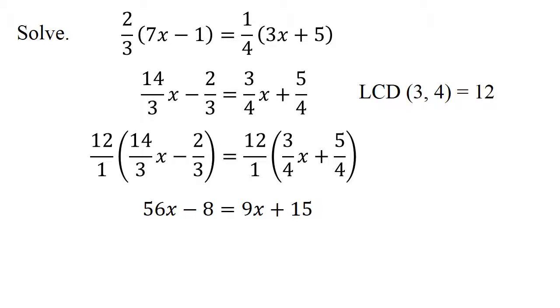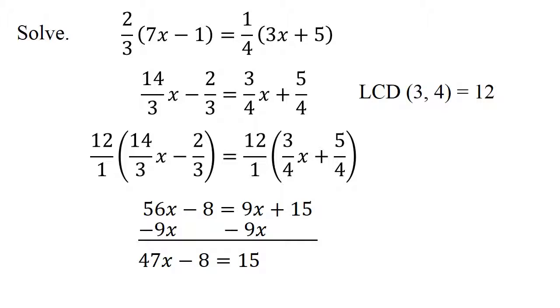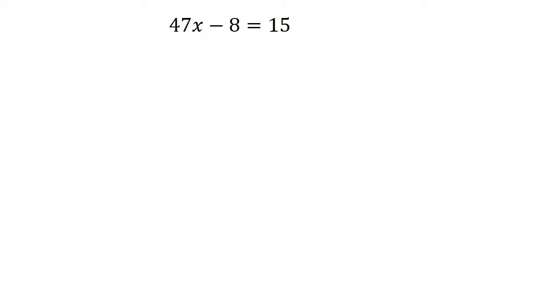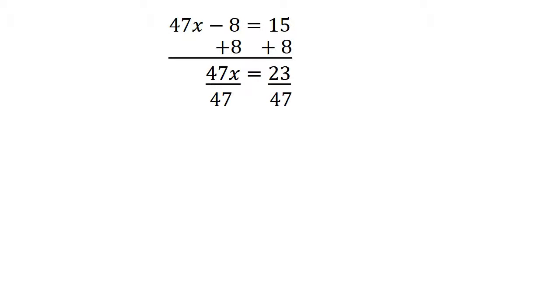Now, just like before, we want to get x's on only one side, so I'm going to subtract 9x to eliminate the x on the right-hand side. And then I'm going to work on this 47x minus 8 equals 15 at the top here. 47x minus 8 equals 15. I'm going to add 8 to get rid of the constant term. And then I'm going to divide both sides by 47,